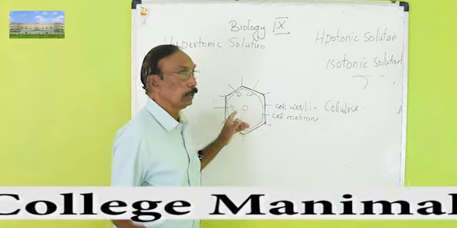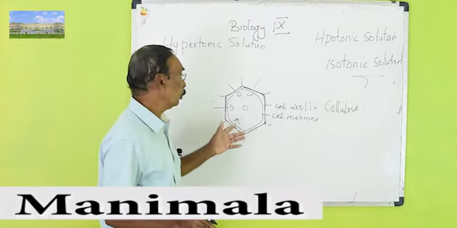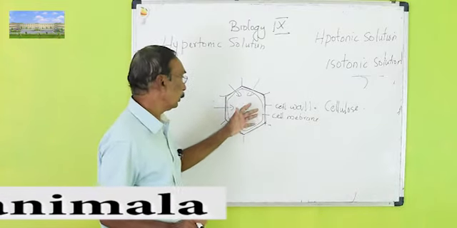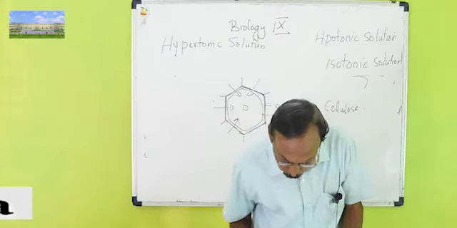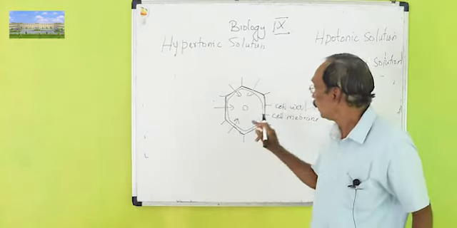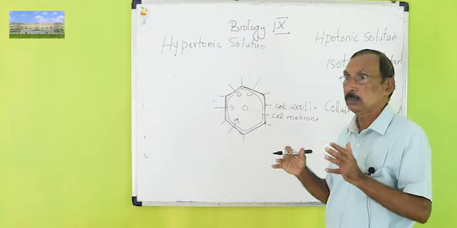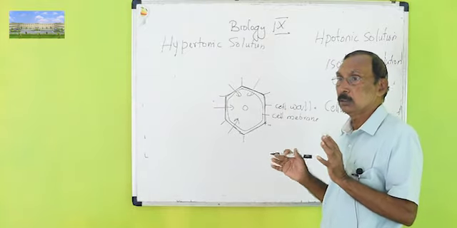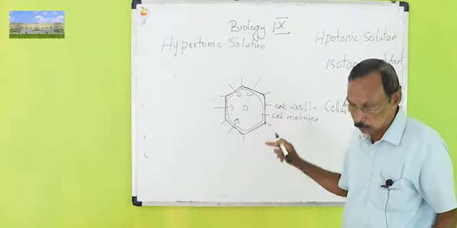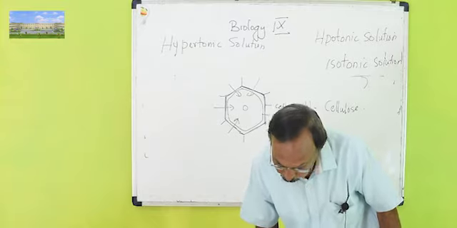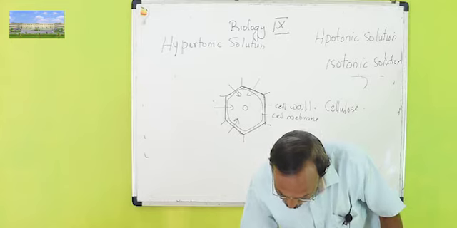In animals, there is actually no cell wall, but the excess water will be removed immediately by the excretory method. So there is no chance of bursting. So this is all about the cell wall. The cell wall function is giving mechanical support to the plant. The mechanical support is given by the cell wall, made up of cellulose, and it also prevents the bursting of the cell because of osmosis taking place into the cell.